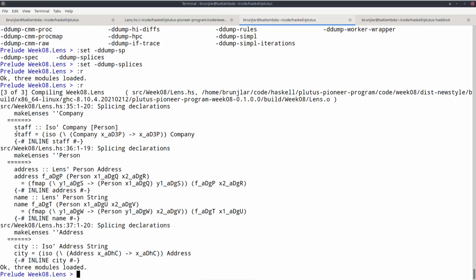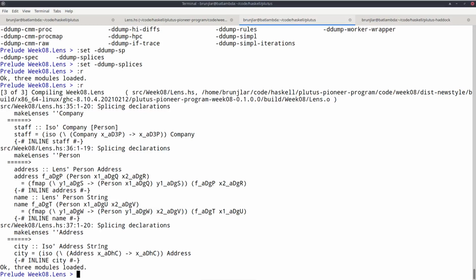So the staff lens or Iso provides a way to zoom in from a company to the staff, which is a list of persons. The address lens allows us, given a person, to zoom into the address field of the person. The name lens gives us a way to zoom in from a person to the name, which is a string. And finally, the city Iso allows us to zoom in from an address into the city name string.